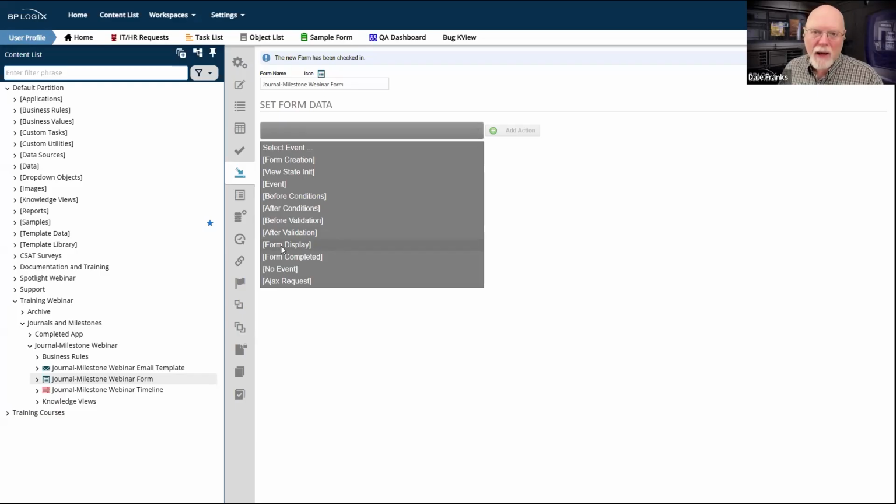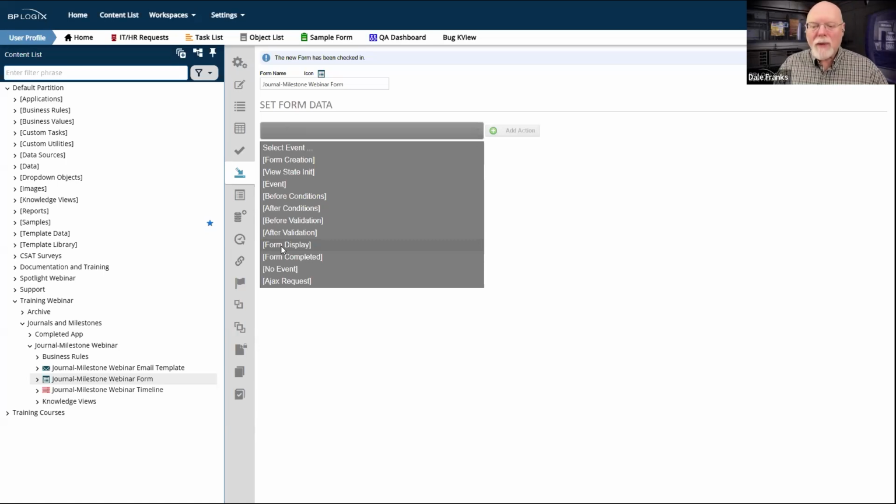The form display event fires quite regularly. In fact, one of the reasons why we set field dropdowns on the form display event is because every time the form displays, whether the form has just been opened or has been refreshed, it doesn't matter.